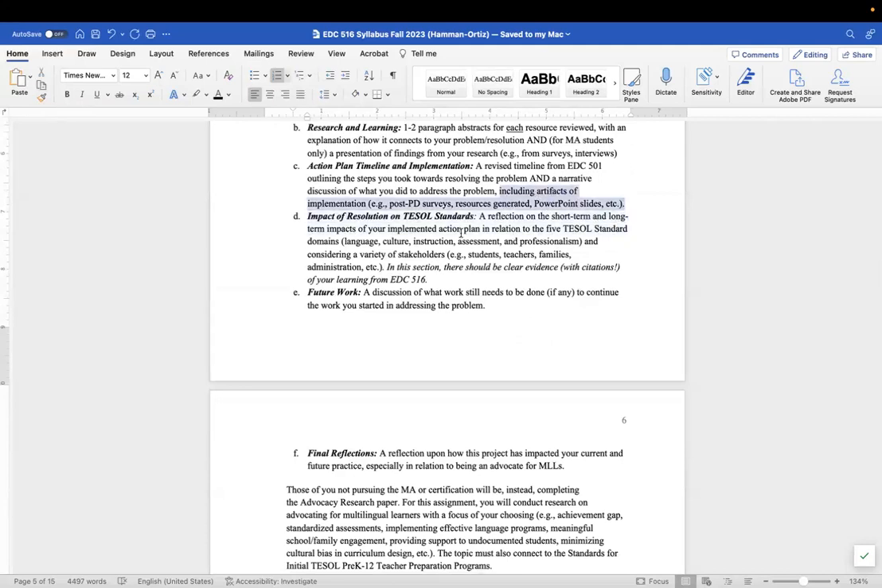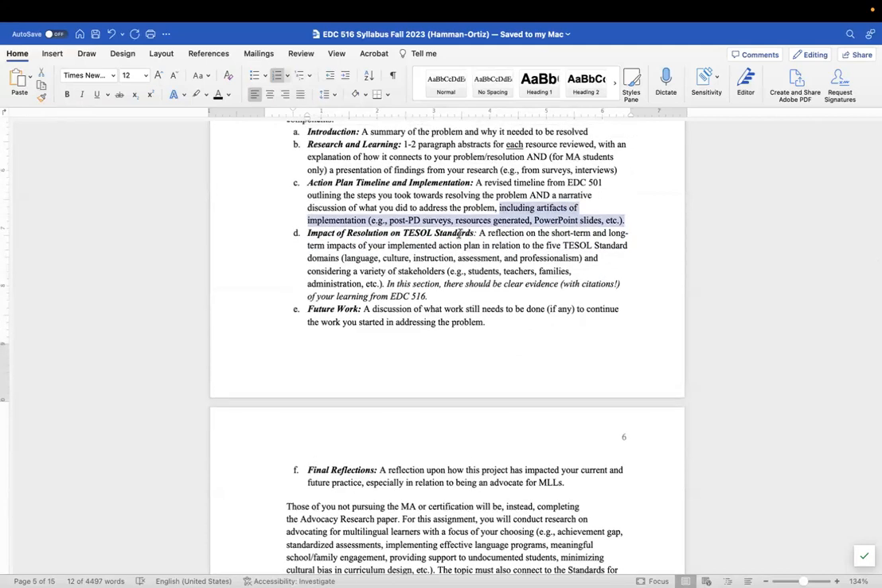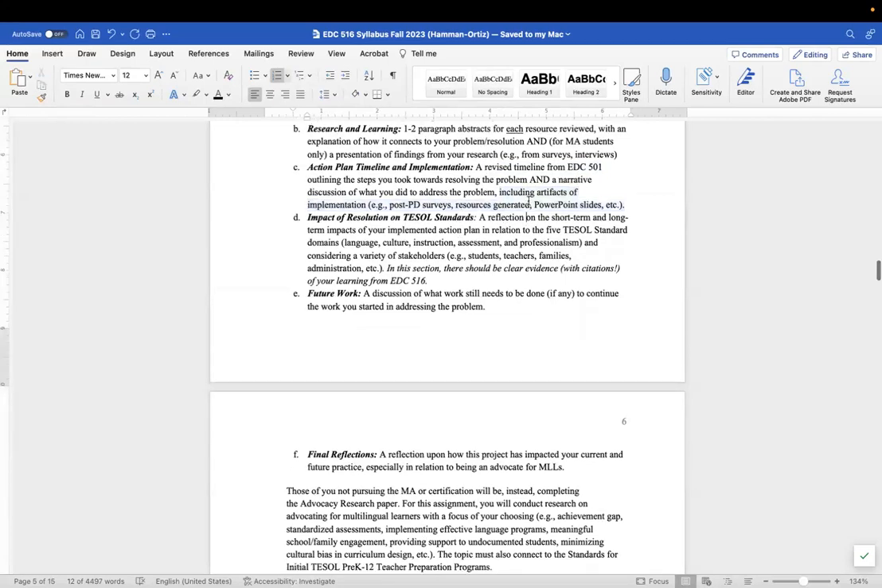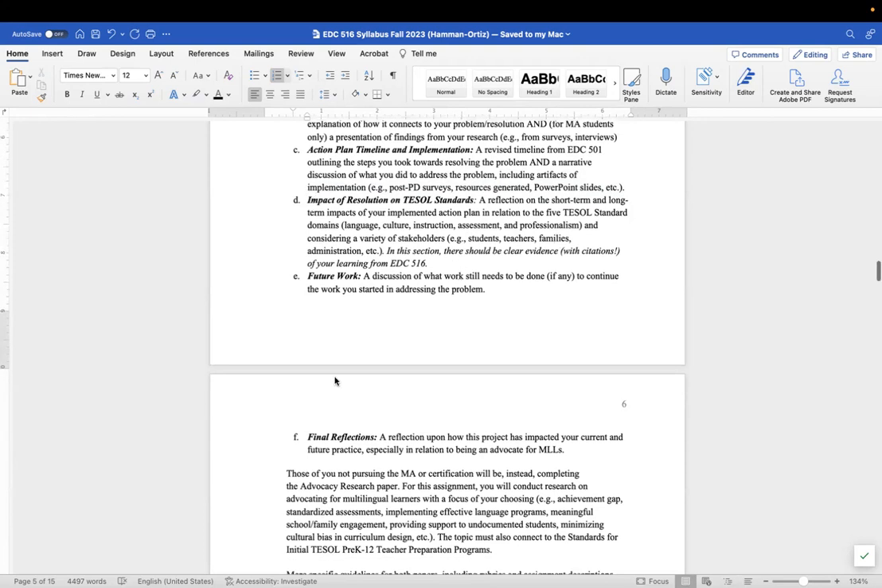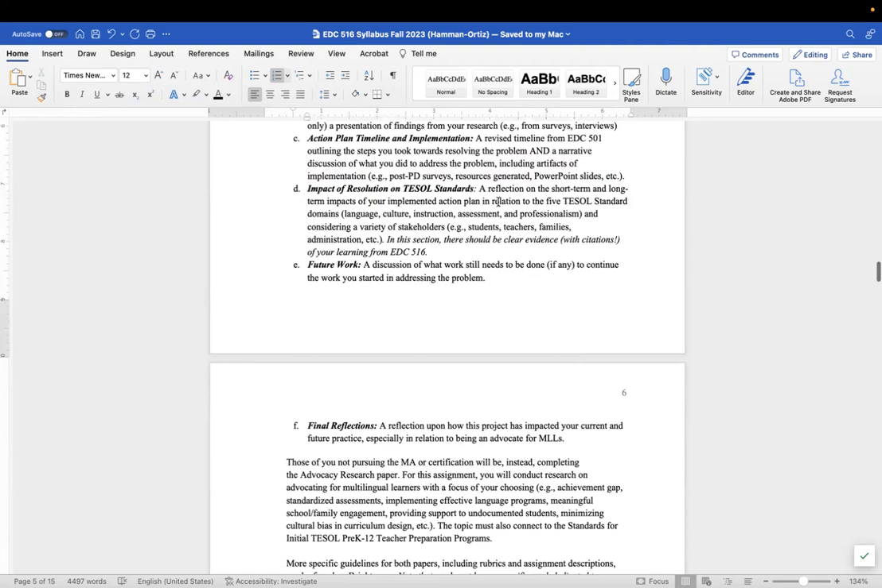from your implementation. So if you did a PD to address the problem, include some post-PD surveys and the PD slides. If you created a resource, like you formed a parent advocacy group, share some resources about that, like meeting agendas or emails that were sent out or anything you did for that, PowerPoint slides, etc. And then you have a reflection component where you think about how your resolution relates to the TESOL standards,